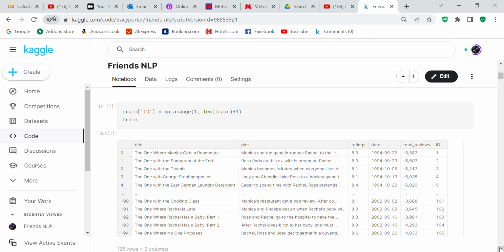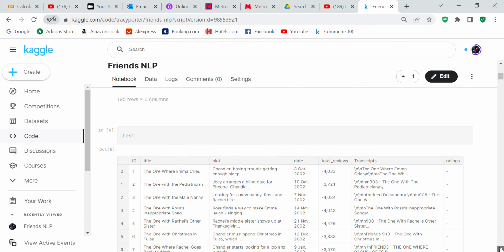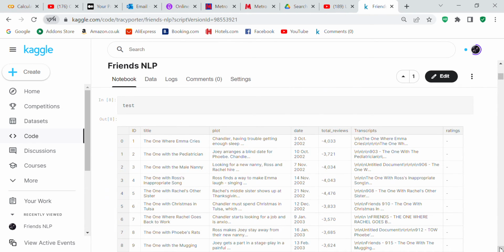I also needed to create another column calling it ID, and the reason for that is because the test file had an ID but the train file didn't, and the test file and the train file need to have the same format if you want to make predictions. So you've got your test file: ID, title, plot, date, total reviews, transcripts, and ratings.